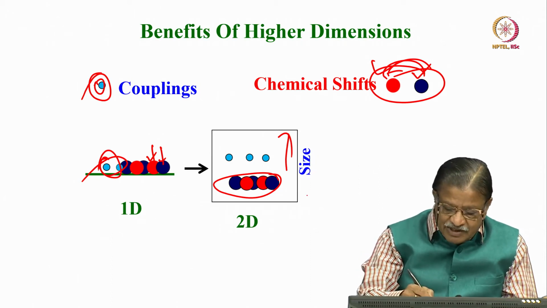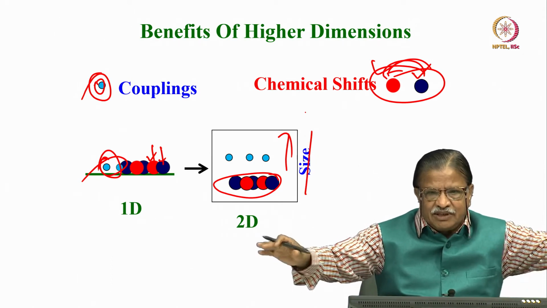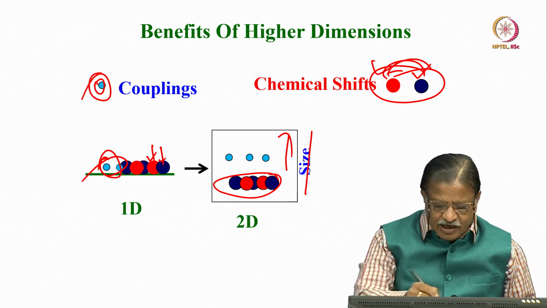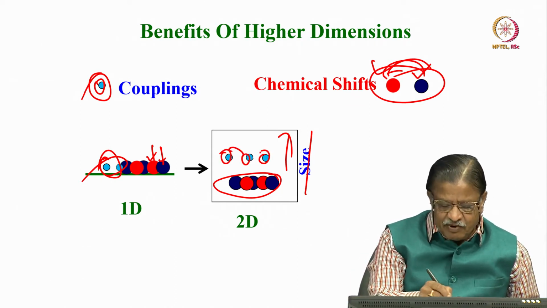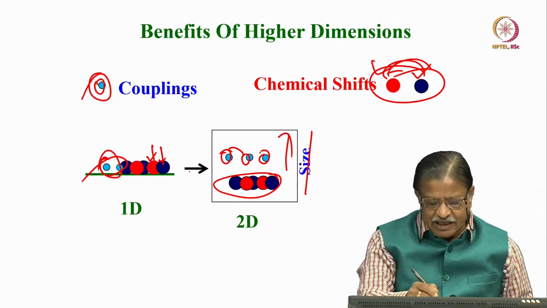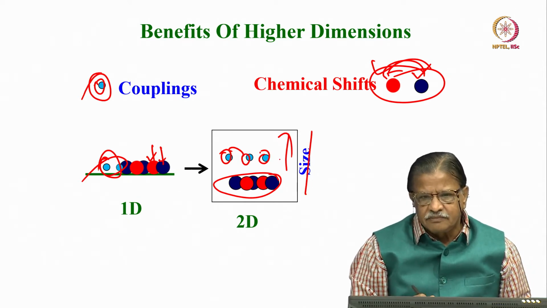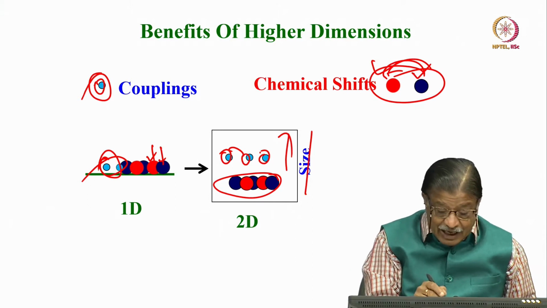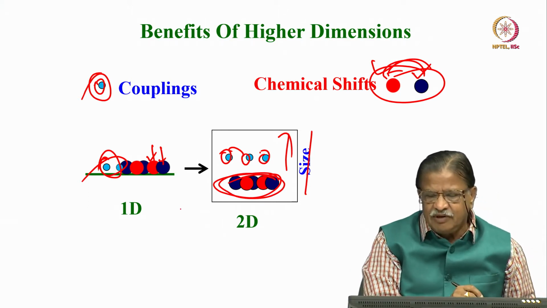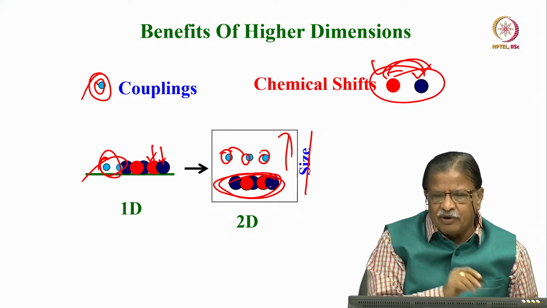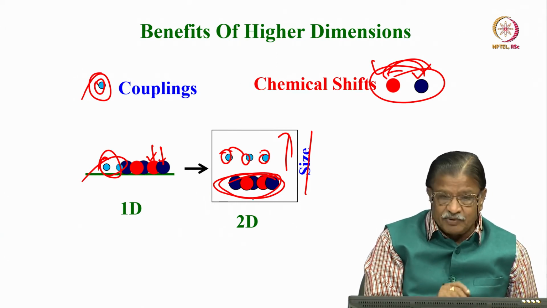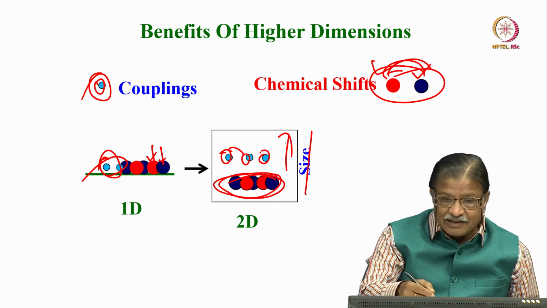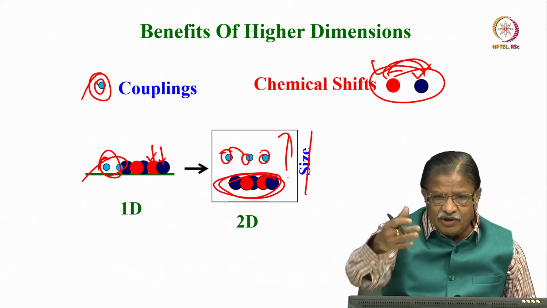So on the basis of the size, I can divide this information in 2 dimensions. I can put all the J couplings, which are small interaction lengths, apparently by small type ball sizes, here. This is one way, but still there is a complexity here, because different chemically inequivalent protons, different spins, are overlapped here. Still resolution is poor, although you have got some resolution by going to 2 dimensions.